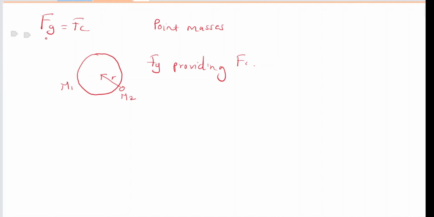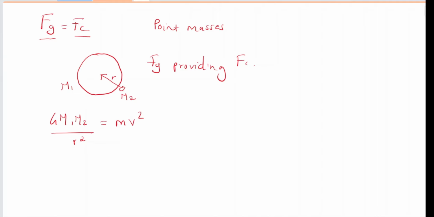So if you have gravitational force providing the centripetal force, and we know the formula for gravitational force, which is G m1 m2 over r square. And we know the formula for centripetal force. So remember, centripetal force had two formulas. You had m r omega square and you had m v square over r. So you can use either of those. Let's say